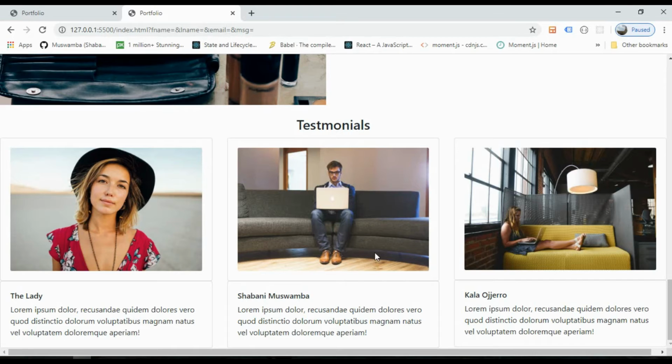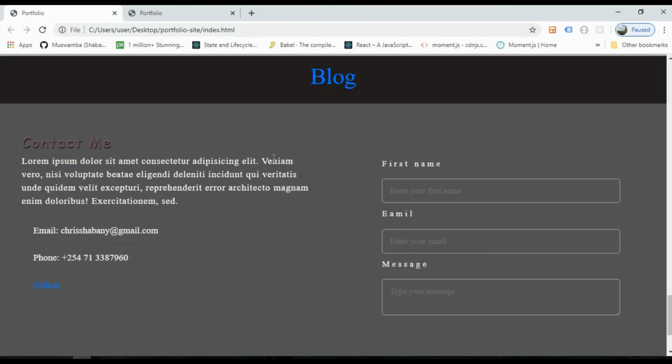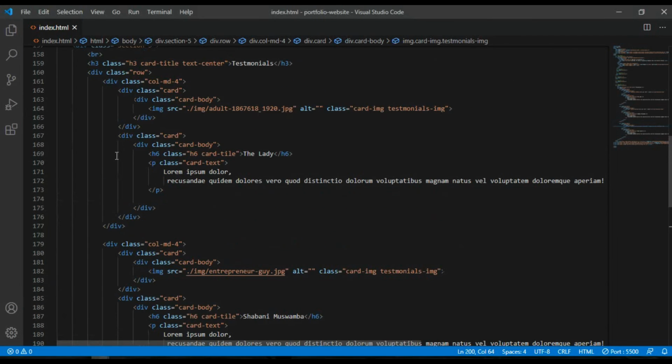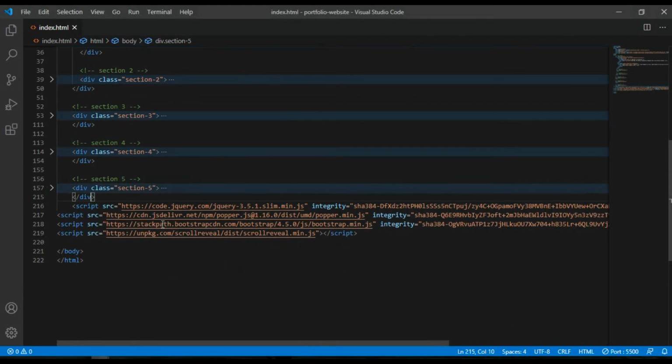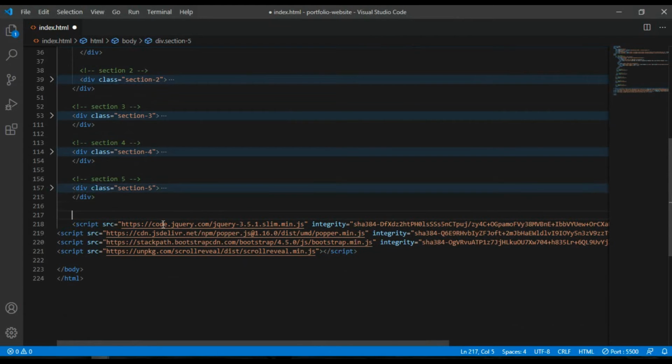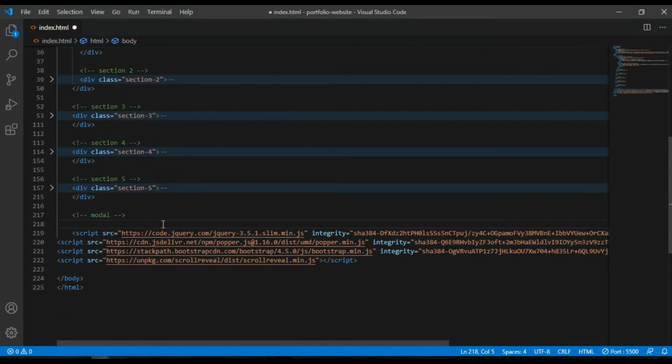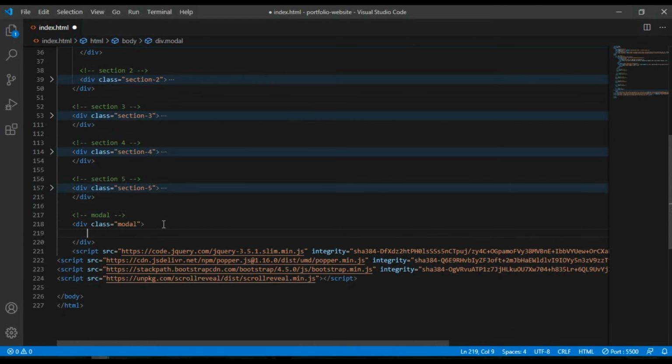Now, which section do we need to add again? Let's go ahead and add modal. We need to add modal. So for the modal, I'm just going to go here and comment modal. For modal, I need a div with a class of modal. So in the modal, I need also